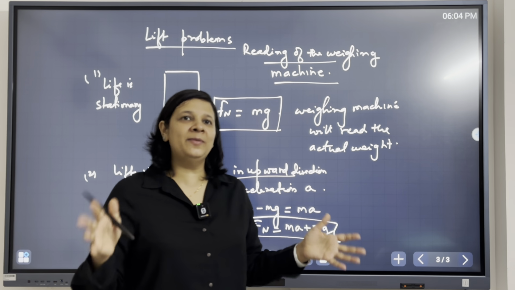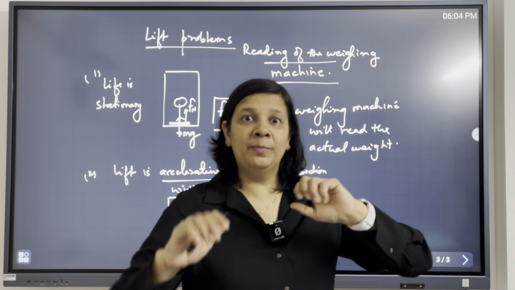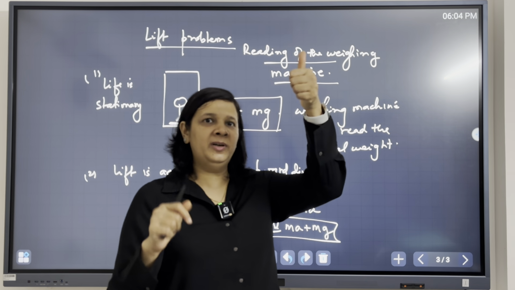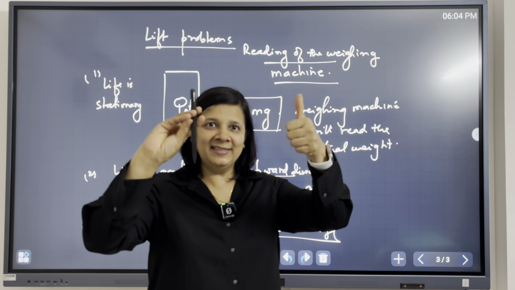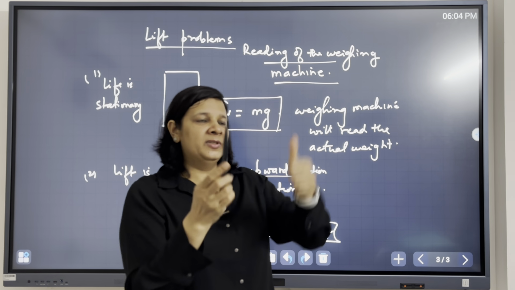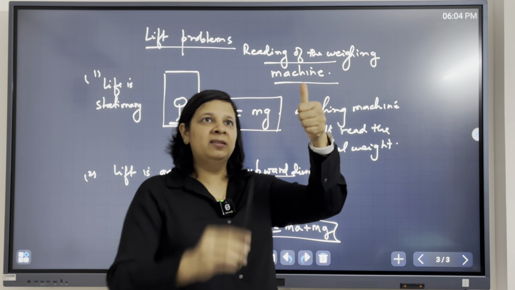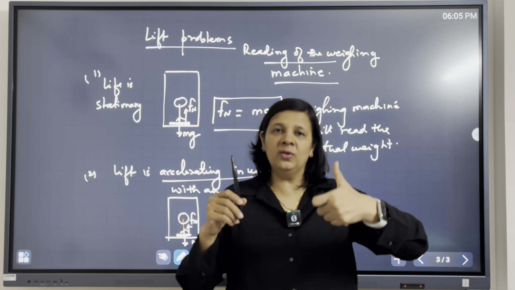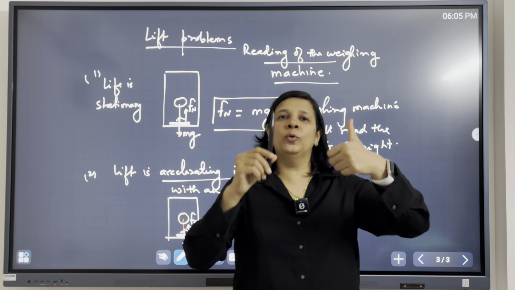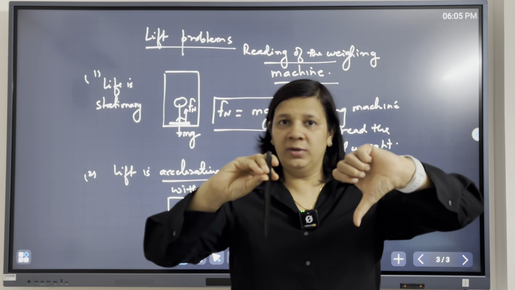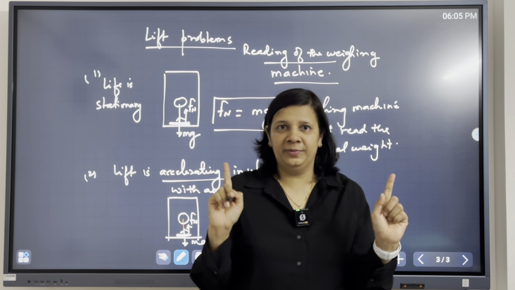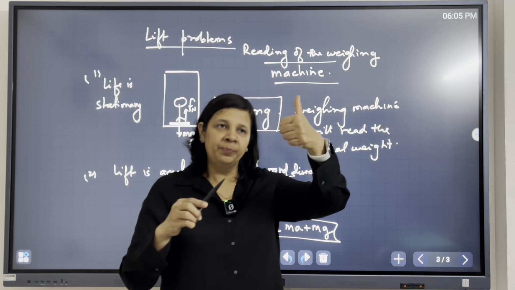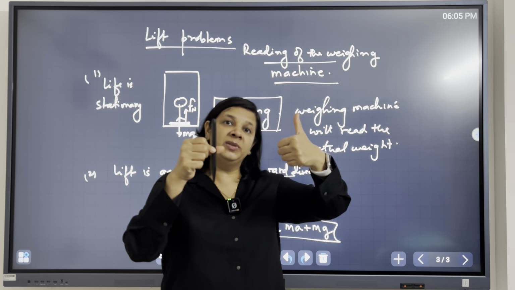If somebody asks you the same question, lift is going upwards but slowing down. If the lift is slowing down, it means the direction of motion is upward but the acceleration is downward. That is the meaning of slowing down, right? If somebody is moving upwards and the acceleration is also upward, the object will speed up. The direction of the initial velocity of an object and the acceleration, if they both are in the same direction, whether up or down does not matter, the object will speed up, right? Whereas if the initial velocity is upwards, whereas the acceleration is downward, the object will slow down.